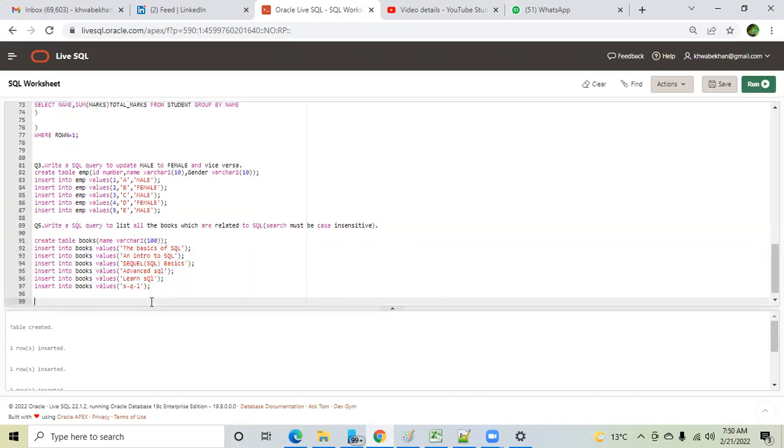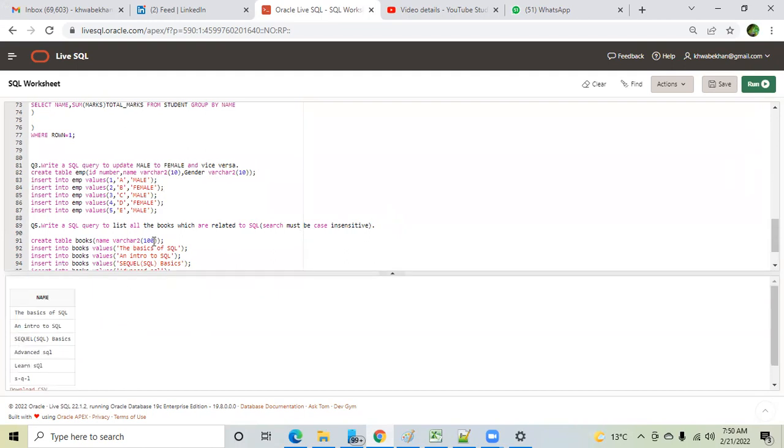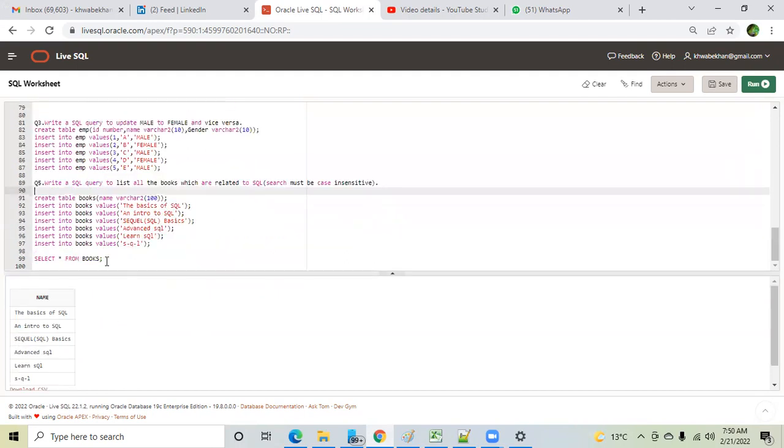The table is created. We have inserted the record. Let me check the data. Let's start from books. So these are the books we have inserted. Now the question is, I want to see all the books which are related to SQL. Where name like